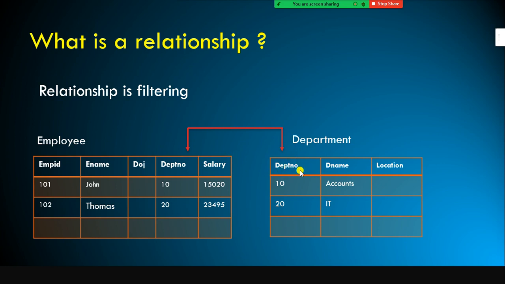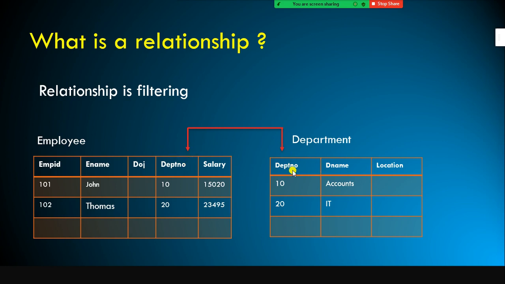Maybe here they would have mentioned a different name for the department number, probably department ID, but here they would have mentioned department number. That doesn't mean these two columns are different; only the name of the column is different, but the business meaning is the same.